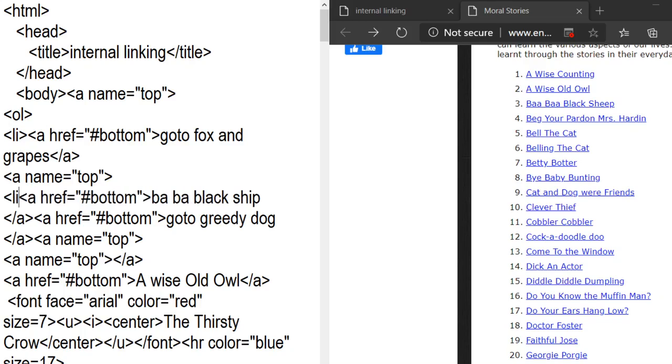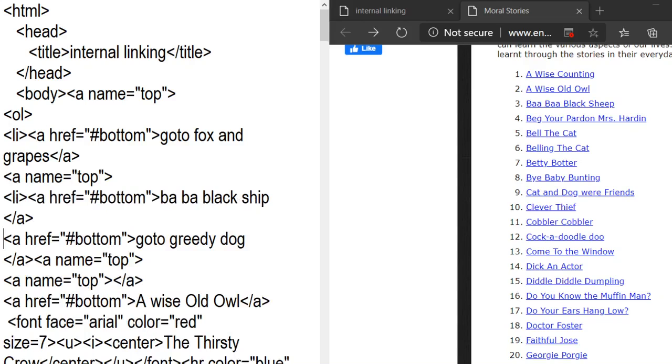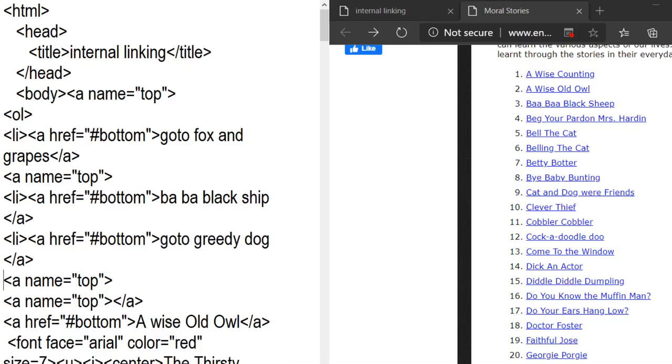So you write li tag again, and Baba black sheep, and after that our link is here. And one more, go to greedy dog. So you write li for greedy dog, and this is completed.